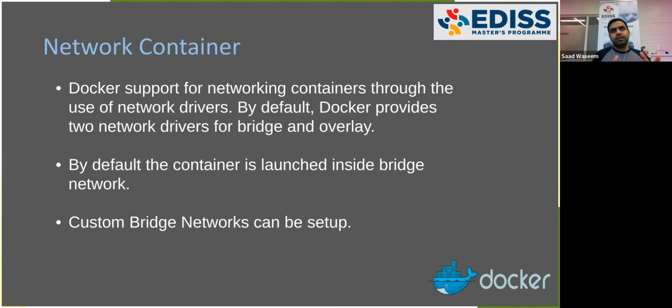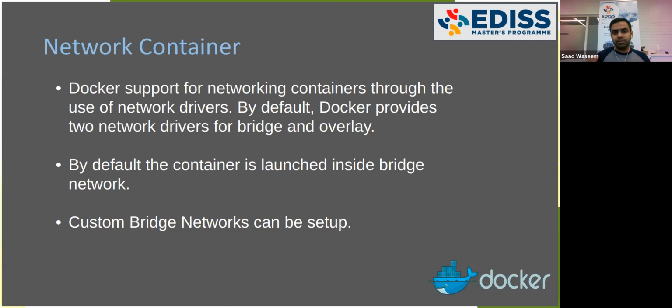So when we have like 3-4 containers running on a machine, those containers need to communicate with one another. And to make the communication possible across containers, we need to have some sort of network. By default, Docker sets up a bridge network between different containers, and those containers can communicate with one another over the bridge